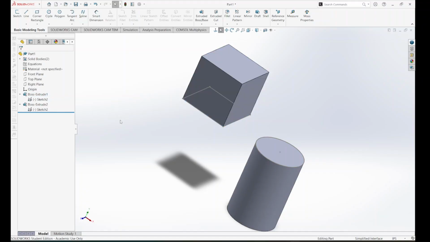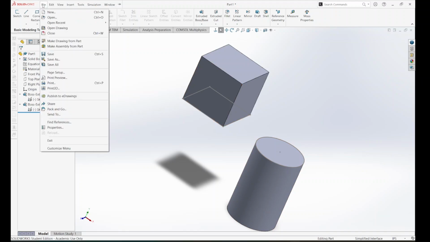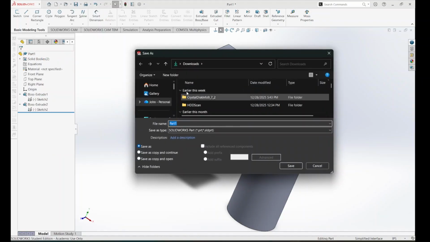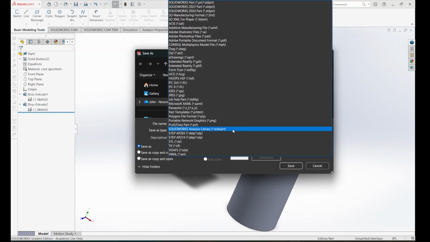One quick thing I do want to say is let's quickly talk about saving. What we're able to do is go up here and do File, go to Save As. I always like clicking Save As. And then here, we want to save it to our downloads, our documents, or desktop, whatever you think. And the key thing to be aware of here is if you want to 3D print this model or edit it in a different program, you are going to want to save this file as a